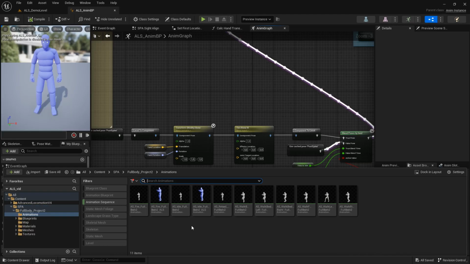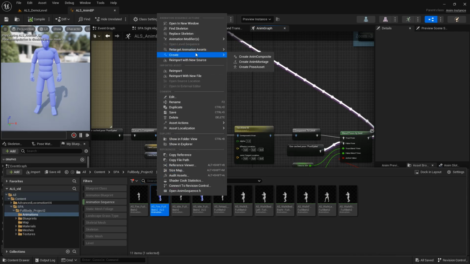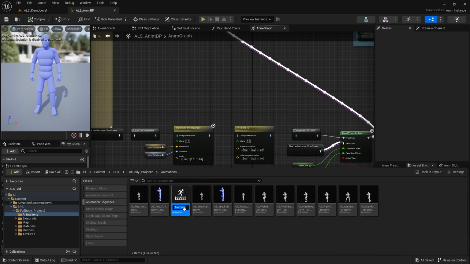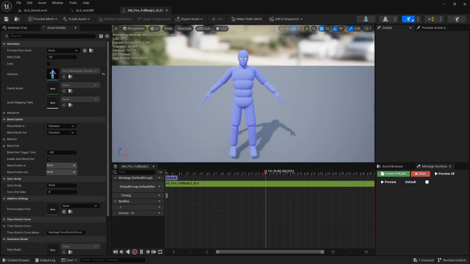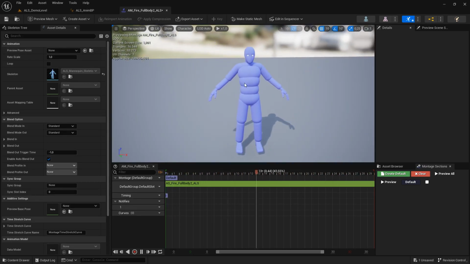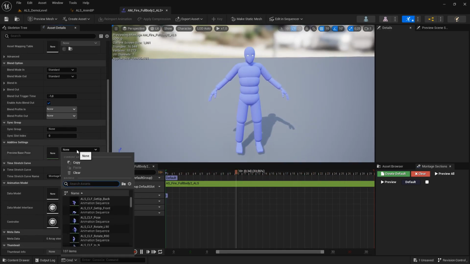Now we need to create an animation montage out of this animation sequence. So we are going to right click and create animation montage. I'm going to name this AM for animation montage. And in order to be able to view the animation in the animation viewer, we need to tell it what base animation it's using, since this is an additive animation. So let's find the idle ALS,